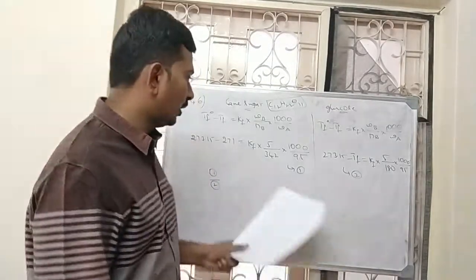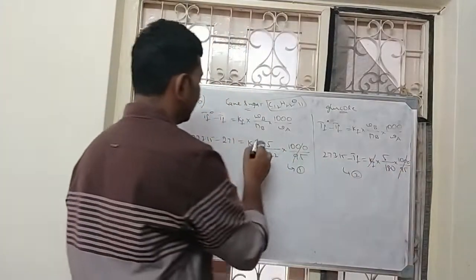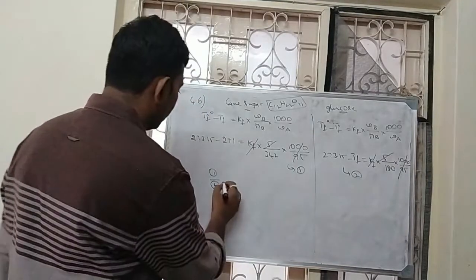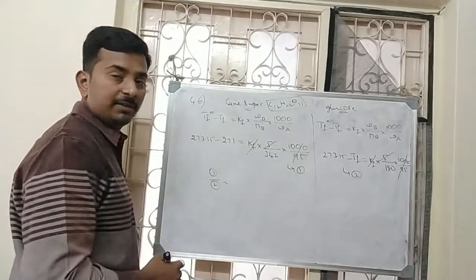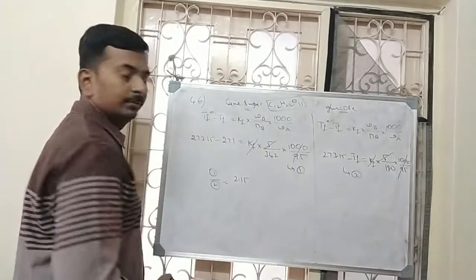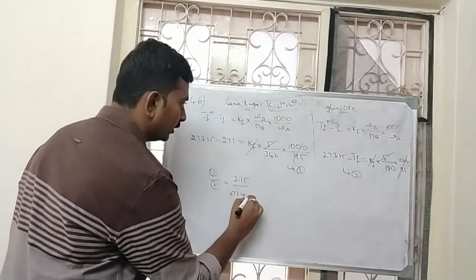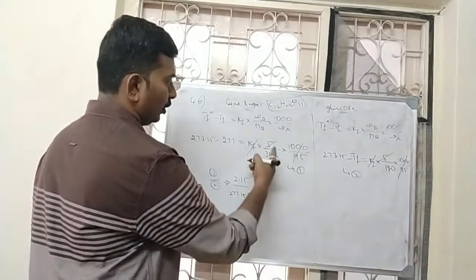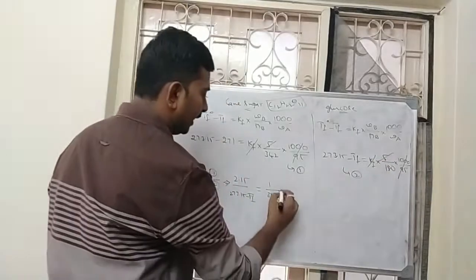Right? So on division what happens? This 1000 by 95, 1000 by 95 gets cancelled out. Kf gets cancelled out. 5 also gets cancelled out. So you will get 273.15 minus 271, so what will be this value? 2.15 by 273.15 minus Tf is equal to 1 by 342 by 1 by 180, that is